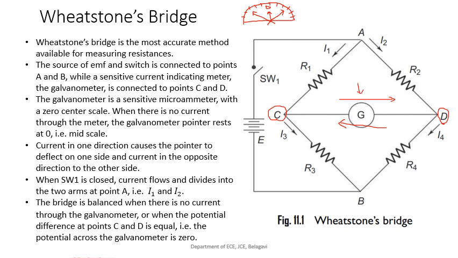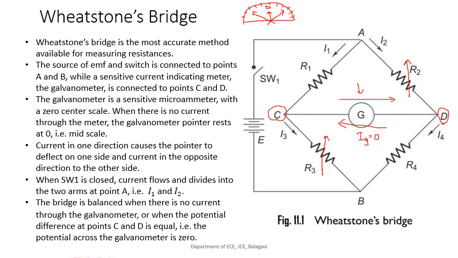Now normally what happens, you have to adjust one of these resistances, like this R2 or some other resistance R3 will be variable, or you can change that resistance. And by changing the resistance, you have to get a balance equation. The current that is flowing through this galvanometer, let us say it is Ig, you have to make it 0.